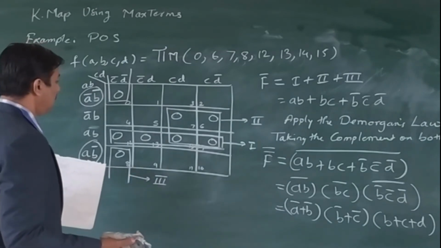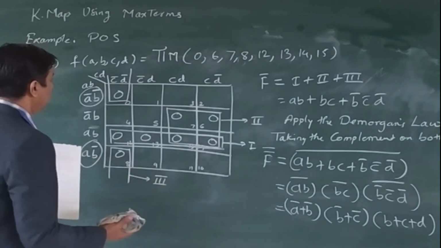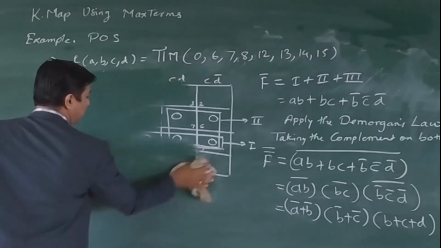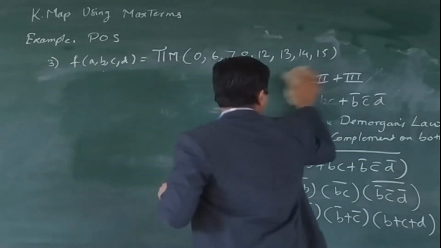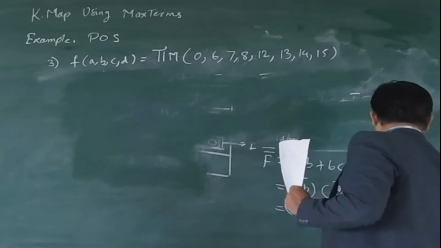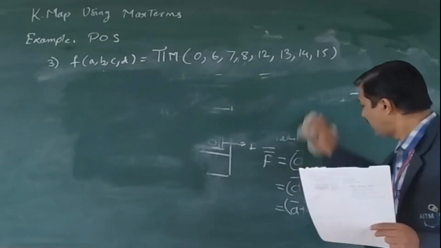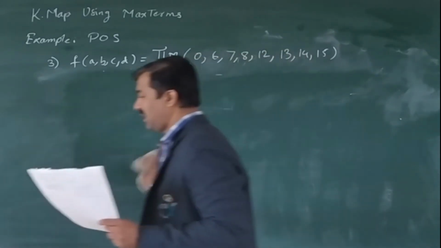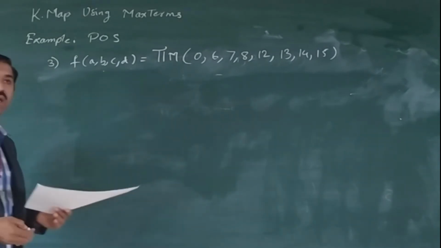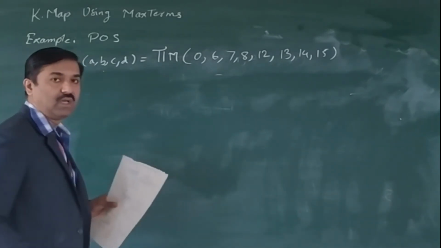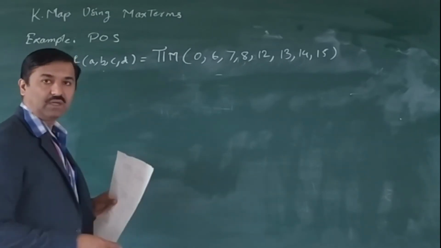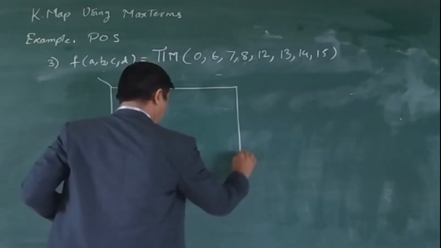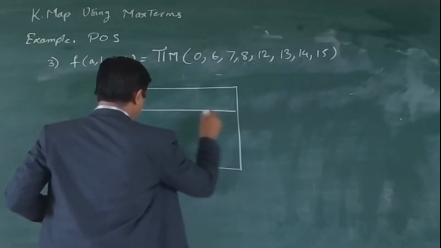Let us move on to the next example, or before that we'll have a simplified version of the same example here. You can see that here we need to convert a given sum of product expression into a product of sum expression. Okay, so this step can be avoided and we can directly convert the given expression into a product of sum expression instead of applying De Morgan's theorem. So the concept remains the same here. First you need to plot the K-map for this.